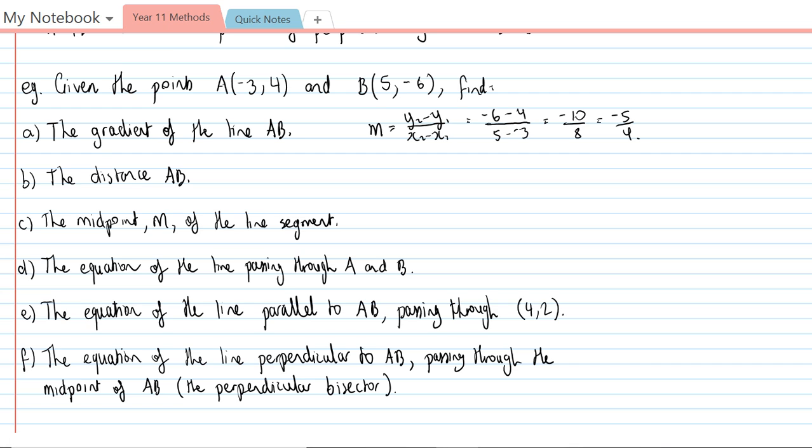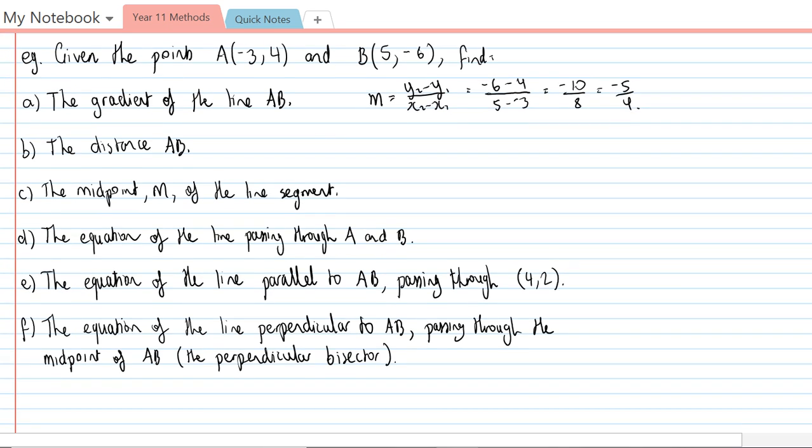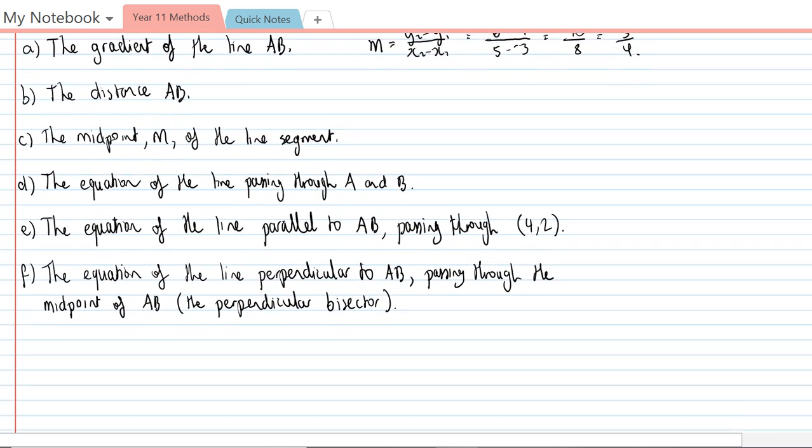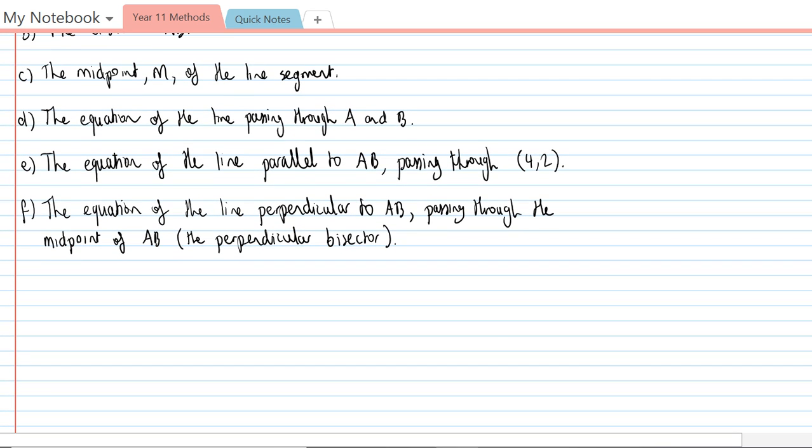I perhaps should do this down the page a bit, but please excuse my dodgy working out there. I should only have one equal sign per line. Just thought it was a nice quick calculation to do. So the distance AB, right, I'm going to work on part B down here. So the distance is equal to the square root, and again I'm going to write the rule out: x2 take x1 squared plus y2 take y1 squared,